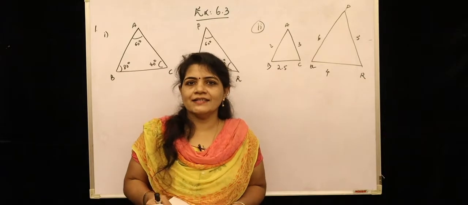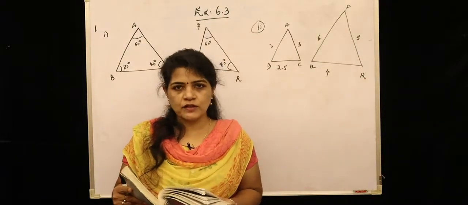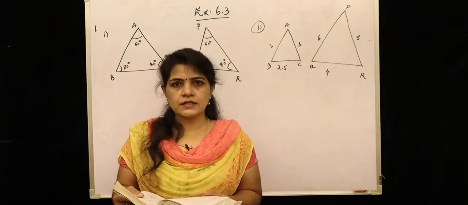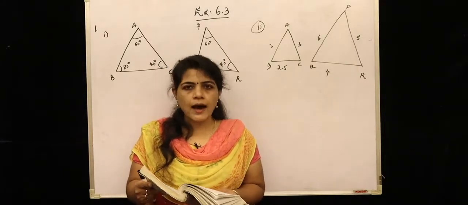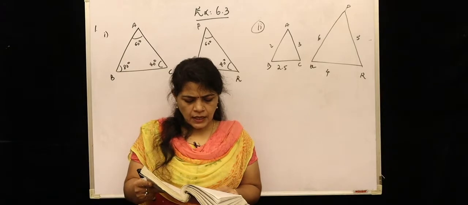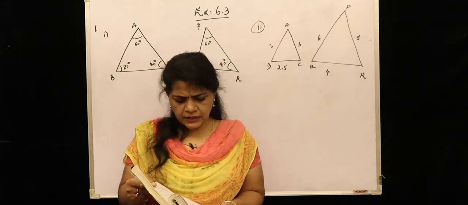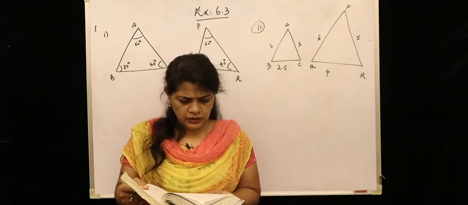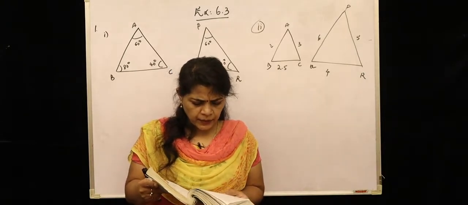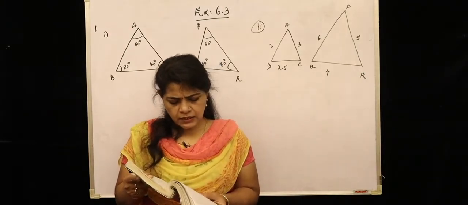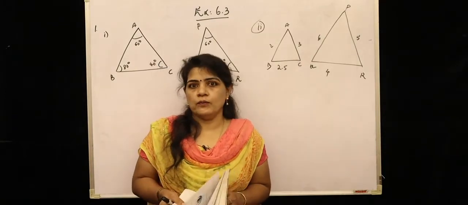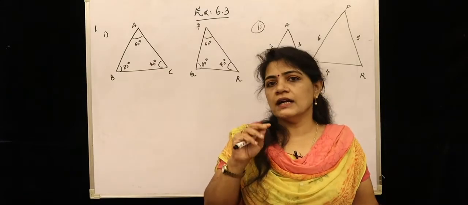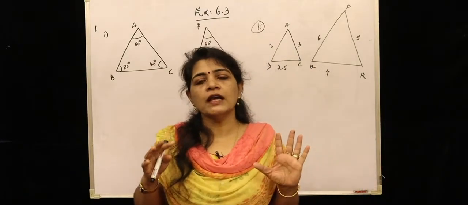Now we are starting exercise 6.3. Here comes the first question. State which pairs of triangles in figure 6.34 are similar. Write the similarity criterion used by you for answering the question and also write the pairs of similar triangles in the symbolic form. In symbolic form, I told you, the corresponding angles should come in the correct position,